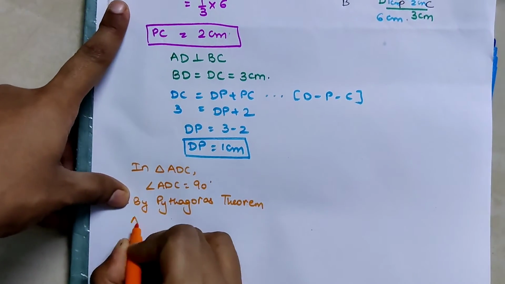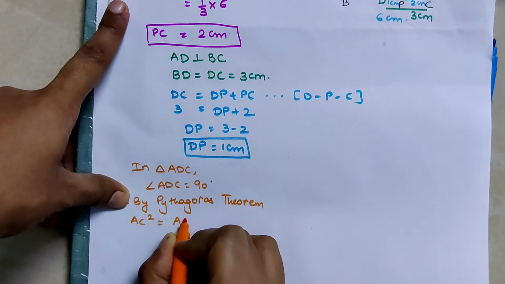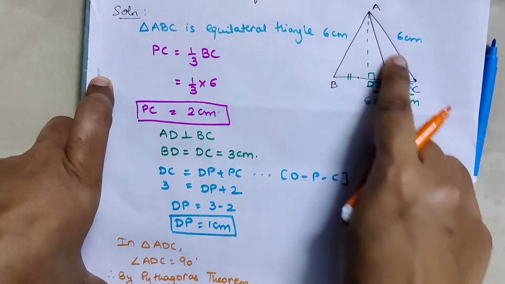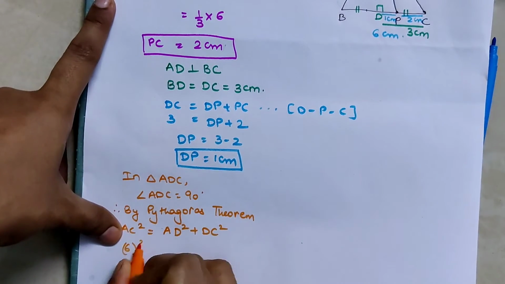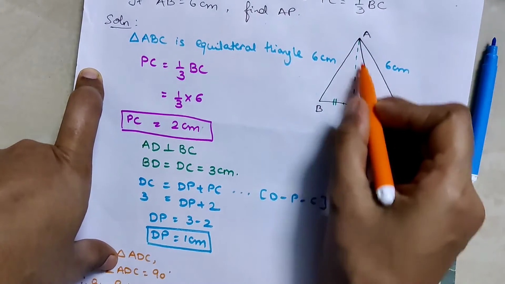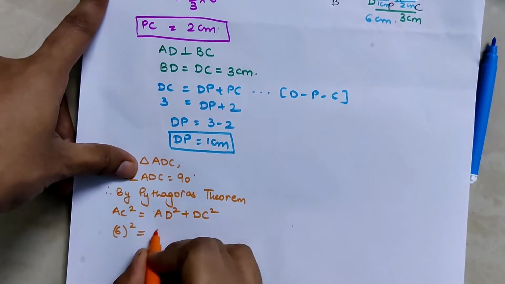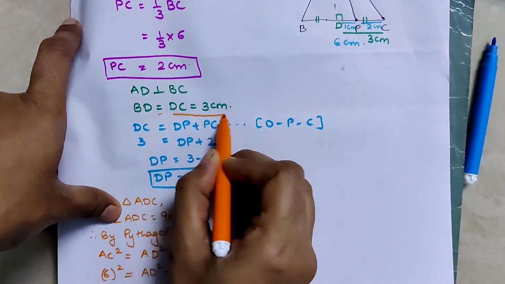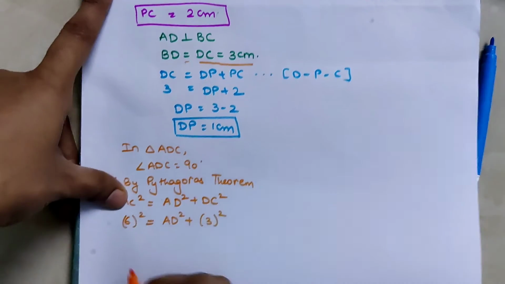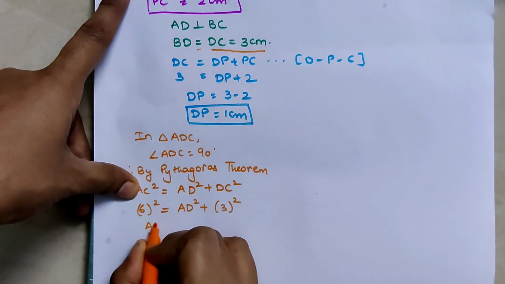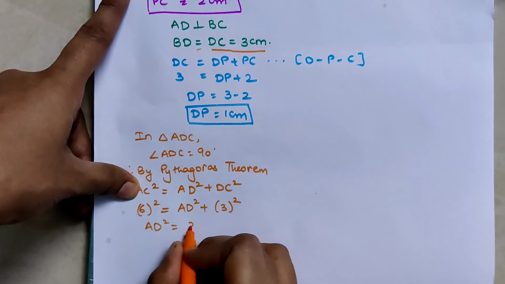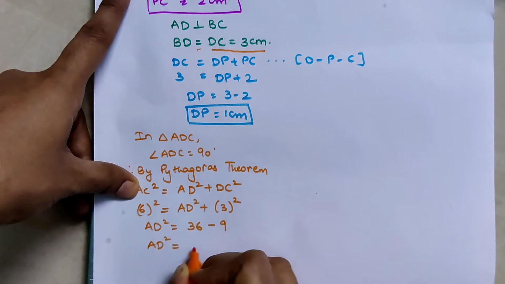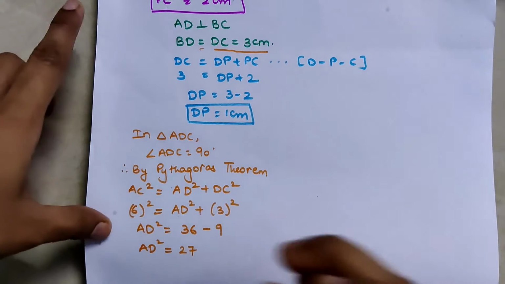So here we are going to write AC square is equal to AD square plus DC square. Substitute the values. If you see AC is 6, so 6 का square. AD तो हमको find करेंगे तो ही हमको AP मिलेगा. तो keep AD as it is, and DC is nothing but 3 centimeter, right? So here वो हो जाएगा 3 square. Okay, rearrange this. So we will get AD square is equal to 6 sixes are 36 minus 3 threes are 9. When we subtract 36 and 9, we get 27, है ना.